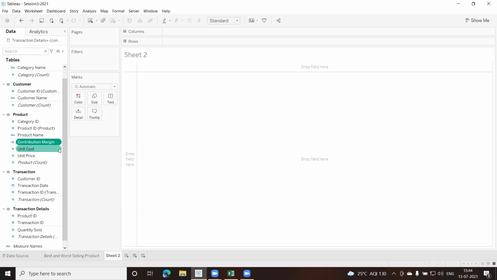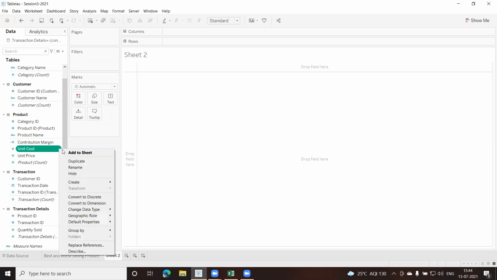Now, there are some small things which we need to do regarding the unit cost and the unit price. I need to change the data type for this. So let us quickly do that. Change data type, let us say standard type. Let us change this: default properties or data type or dimension. Okay, let us stick to this right now.